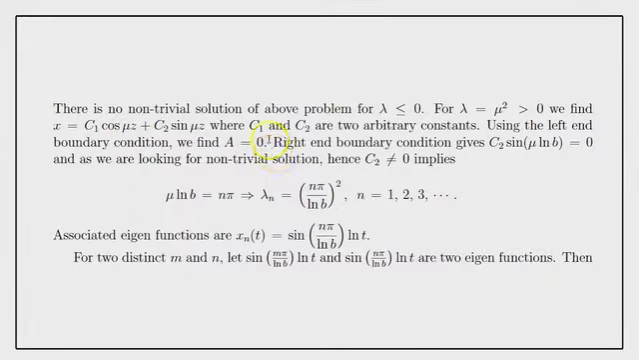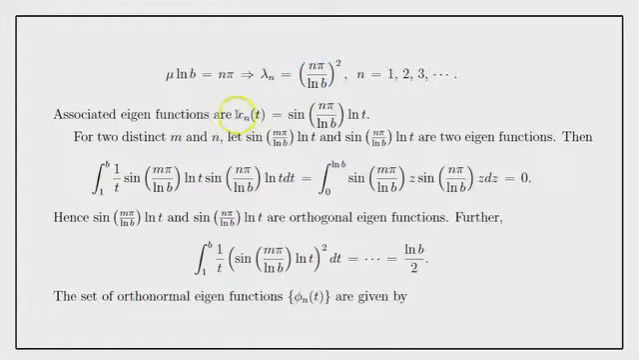If you solve this equation, then you can see there is no non-trivial solution for lambda less than or equal to 0. For positive lambda, you can find this is a solution where C1, C2 are two arbitrary constants. Now using the left hand boundary condition, you can find A exactly equal to 0. The right hand boundary condition gives this equal to 0. We are looking for a non-trivial solution, so that means C2 is not equal to 0. This will give you the eigenvalues lambda n equal to this one,